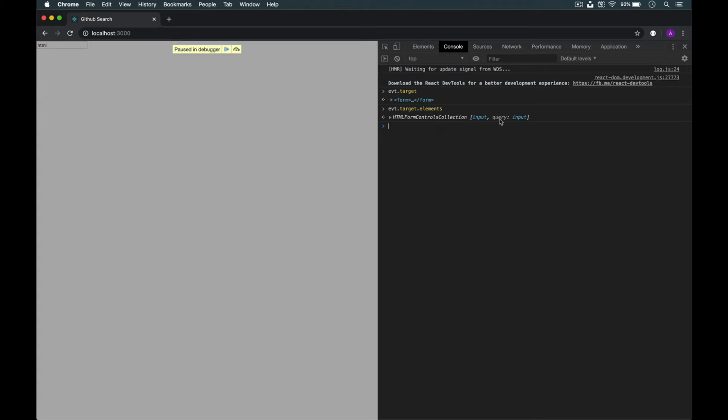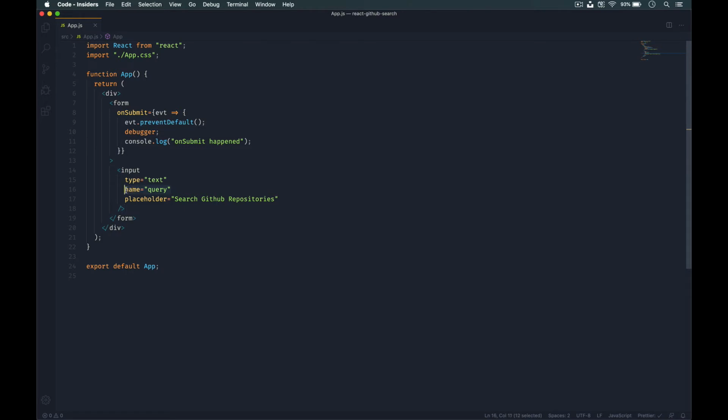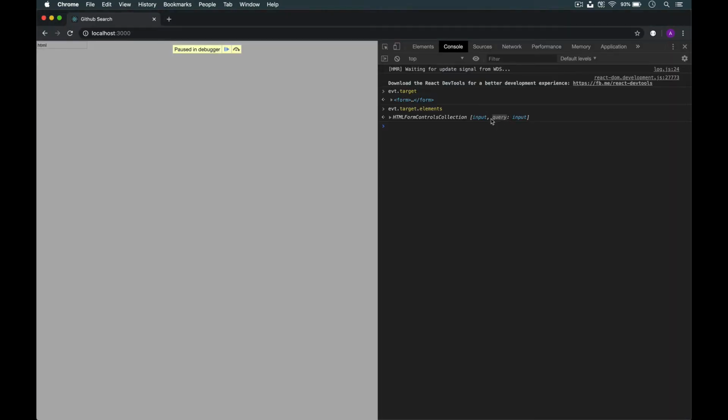So as we can see here, there's one property called query, and this matches the name we gave to our input. If you had multiple inputs, they'll all be here in this object. So if I were to say elements.query, that would give us a reference to the input element itself, as you can see here. And if I say .value, this would give us the value of that query input element. So if I press enter, you'll see that we can read the value